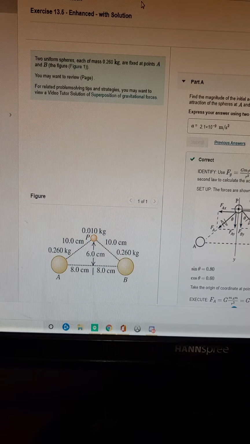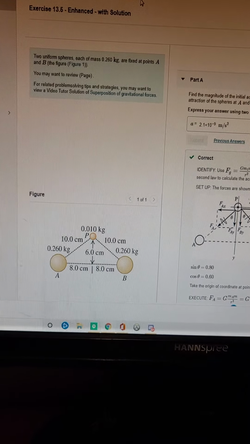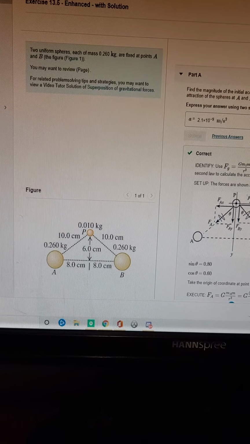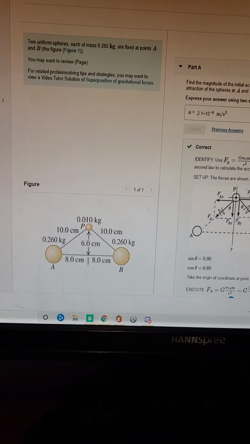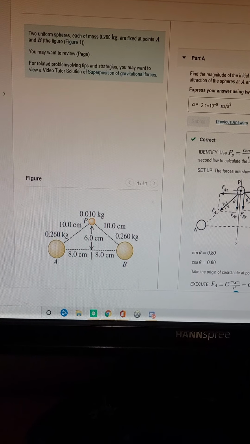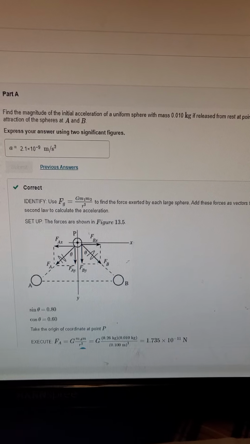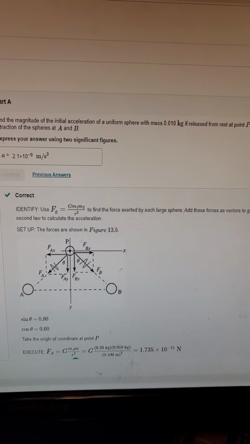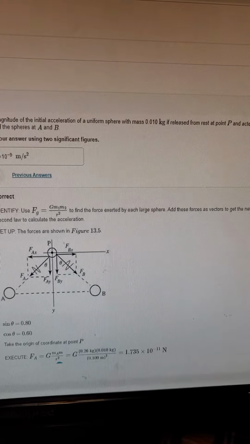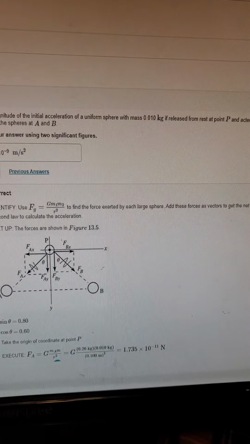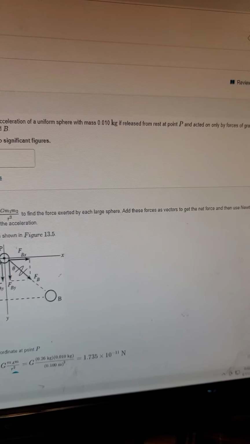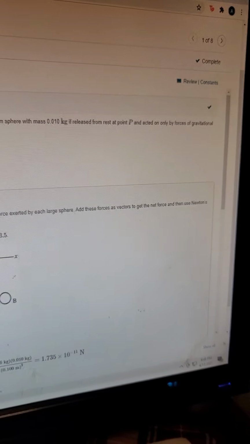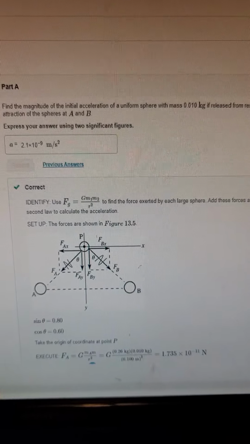In this video I will be doing exercise 13.5, which reads: two uniform spheres, each of mass 0.26 kilograms, are fixed at points A and B, which is that figure right there. And part A reads, find the magnitude of the initial acceleration of a uniform sphere with mass 0.01 kilograms if released from rest at point P and acted on only by forces of gravitational attraction of spheres A